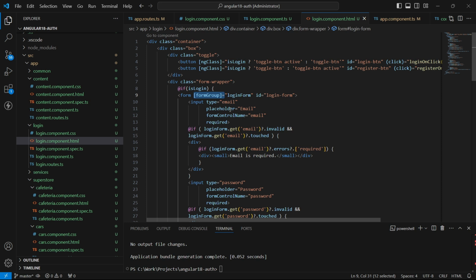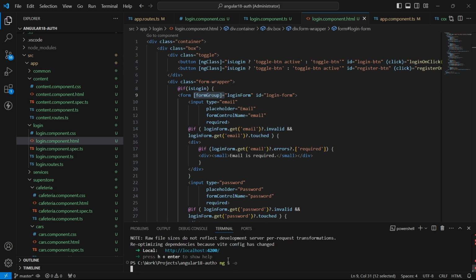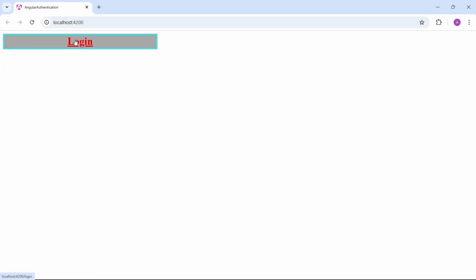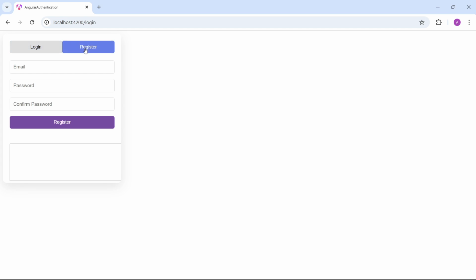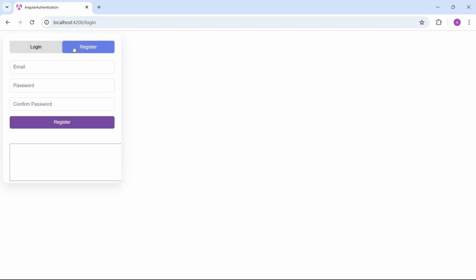A form group aggregates the values of each child form control into one object, with each control name as the key. It calculates its status by reducing the status values of each child. For example, if one of the controls in a group is invalid, the entire group becomes invalid. Compile and test our application. We can switch between login and registration forms,